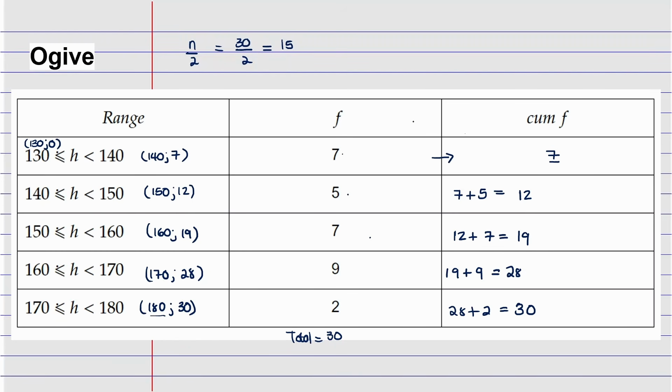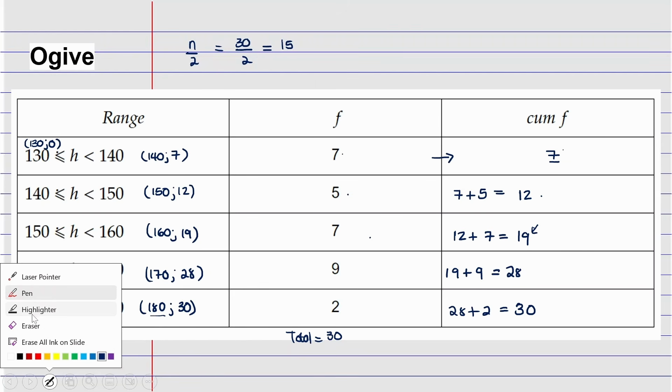And see where 15 lies. We see that 15 doesn't lie here, because here it's 7, which is less than 15, right? 12 is also less than 15. Then 19 is the one that can have 15 in it. Do you see that? So this interval here